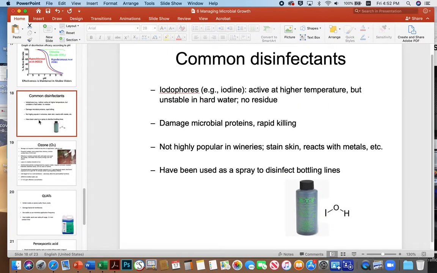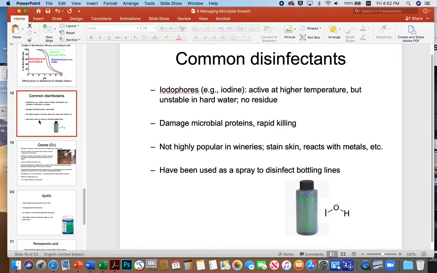Another thing that's used, it's not used in wineries. As far as I know, I've never seen anybody use one, but I know a lot of home brewers that use it. They love it because it works really quickly, and they can wash it off pretty fast, and so they can get high levels of killing very quickly. And I think it's used a fair amount in the dairy industry as well, because it can be effective at colder temperatures, and a lot of things are done at colder temperatures in dairy. But anyway, iodophors that contain iodine,